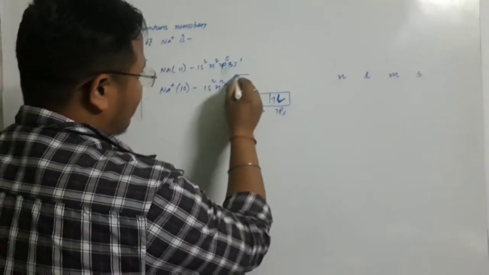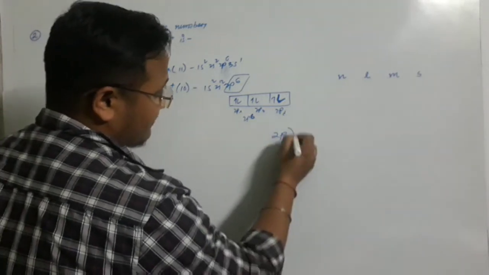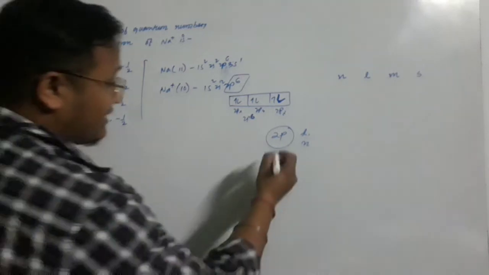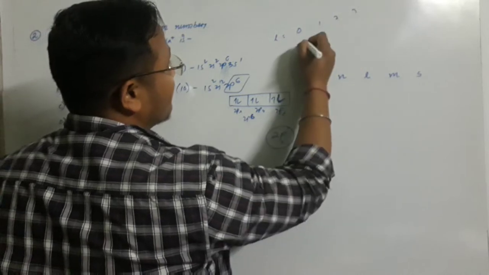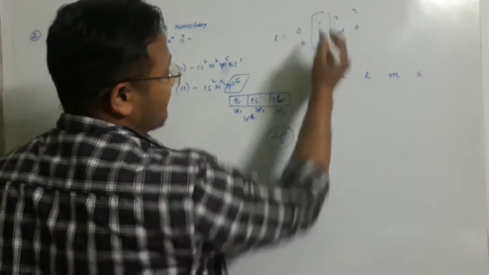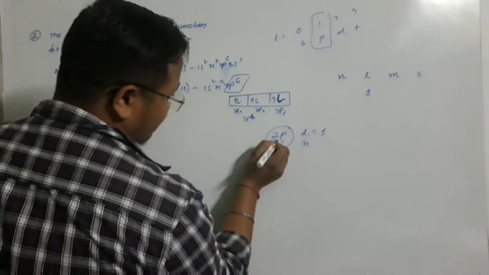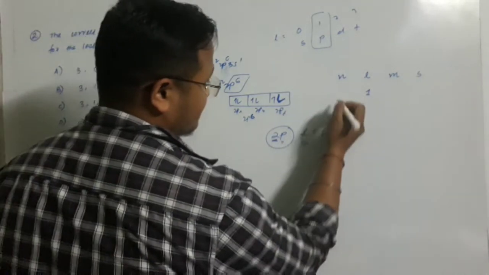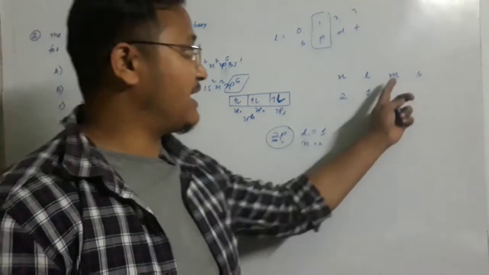Now look, how could we find the values of n, l, m? Look at the orbital given here. It is the 2p orbital. So from this orbital we can easily find out the values of n and l, right? For l equals 0, 1, 2, 3, we have orbitals like s, p, d and f. So it is p, right? For p, the value of l is 1. And whatever the coefficient of the orbital, it defines the value of n. The coefficient here is 2. So 2 will be here.